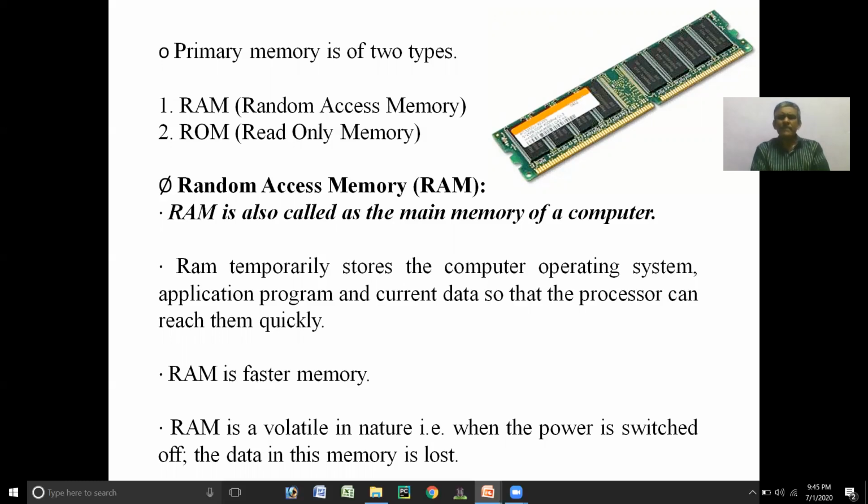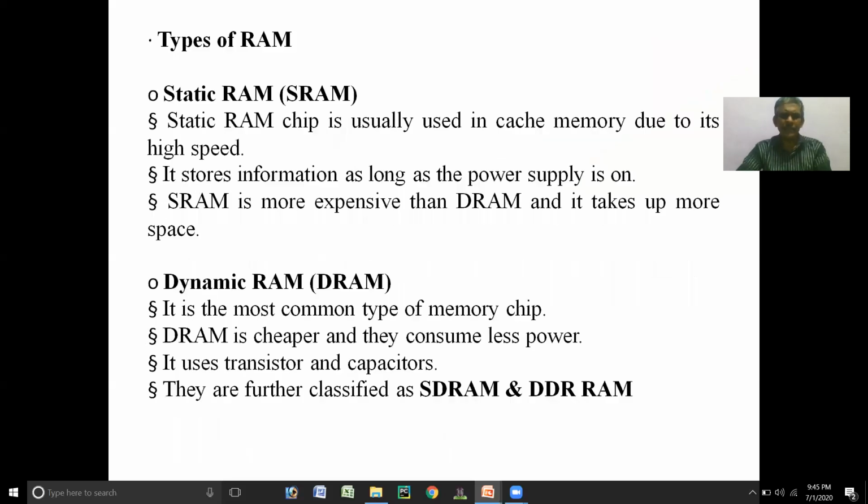When you compare the processing speed of RAM, it is a faster memory. As we said, whatever the content of RAM is, it is temporary. That's why you can say that RAM is volatile in nature. This RAM stores our data, programs, or any software until the power goes off. Once the power goes off, it erases its content. That's why we can say that it is a temporary memory.